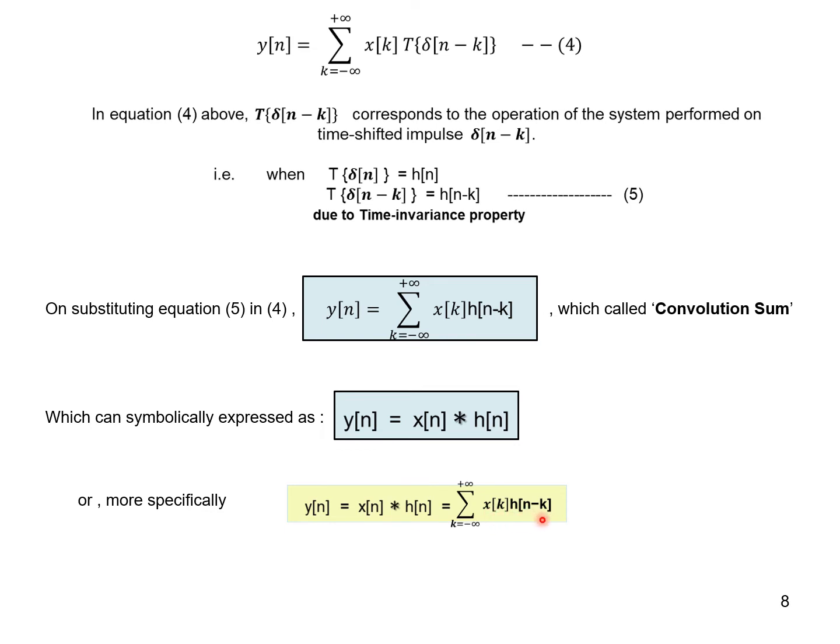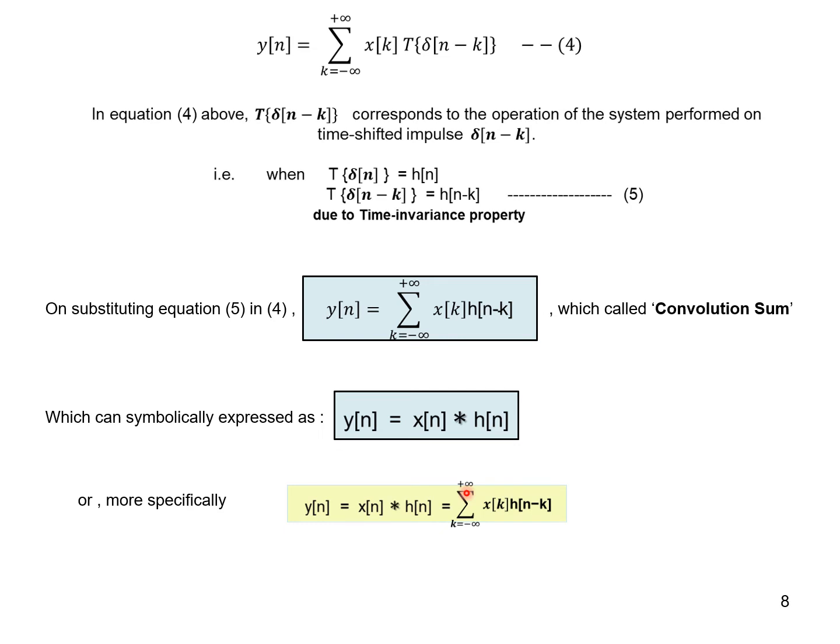What is h of minus k? Now k is nothing but like n only. k ranges from minus to plus infinity. Now in the place of n you have got k. That means it is equivalent of x of n multiplying with the h of minus n, something like that. That is, you are multiplying a regular input signal with the time reversed impulse response. What you do to carry out this convolution operation is, you simply get the original signal x of n, write it as x of k, then get the h of n, then time reverse it to get h of minus k, then multiply, add.